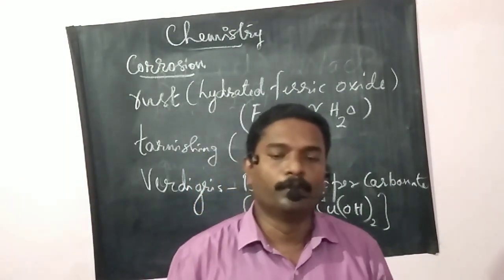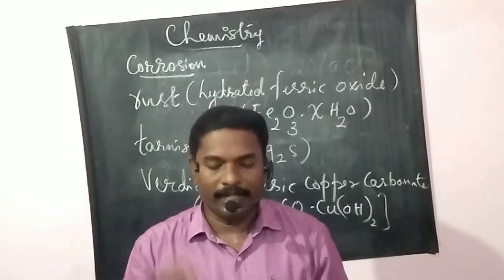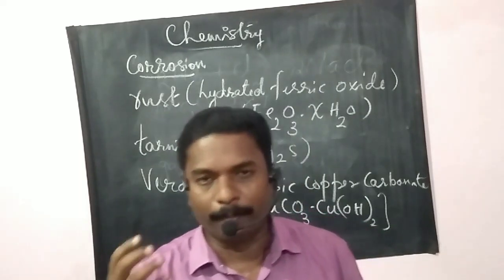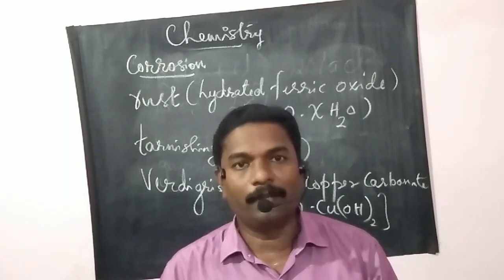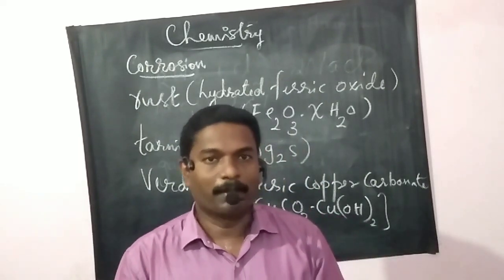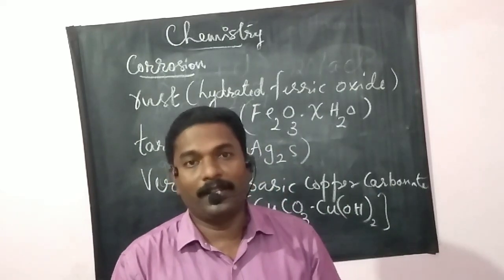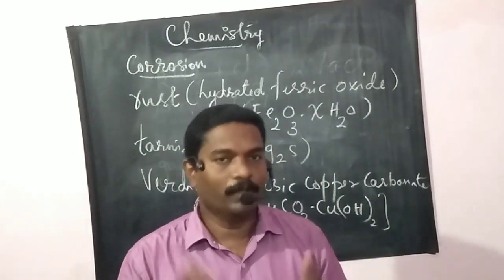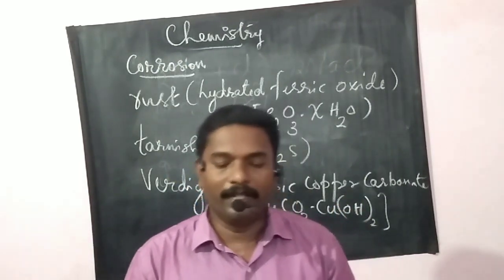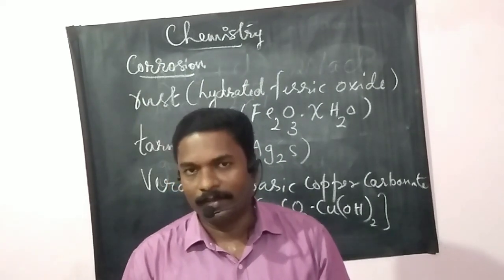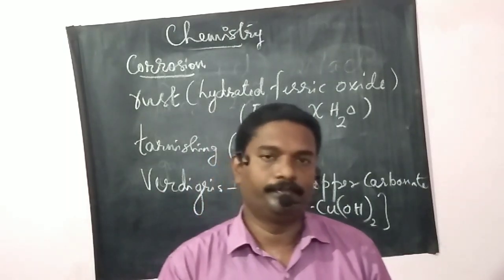Corrosion leads to the wastage of tons of iron every year. So a lot of money is spent to repair. Why? As we know, bridges, dams, etc. are made up of iron. So for the replacement or the repairing, a large amount of money is required. Okay, so how can we prevent this problem?